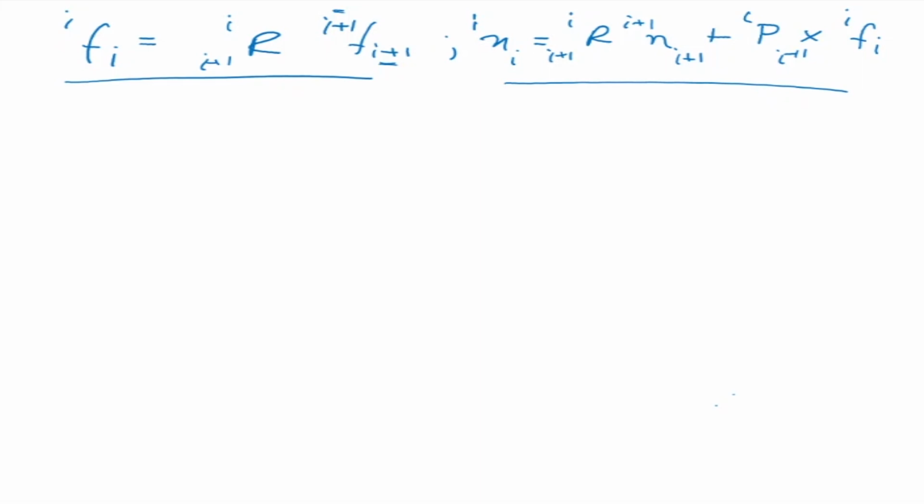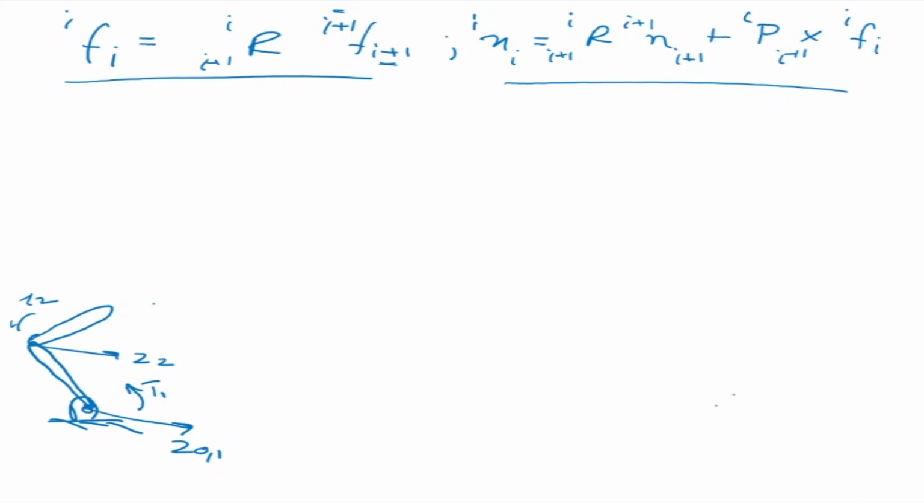Let us see a very simple example of a manipulator, which is like this. These are two link manipulators. There is a tau 1 there, and a tau 2 there. Let us assign axes. This is going to become my z0, z1, this is going to become z2, and this is my z3. My x0 is here, x1 is this side, x2 is this side, and x3 is that side.